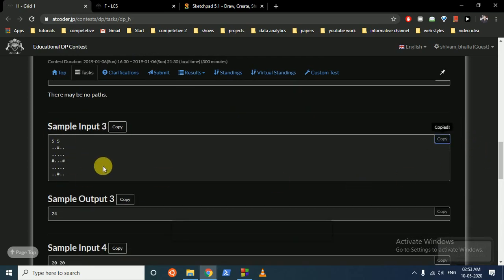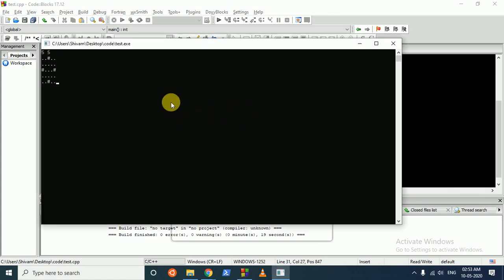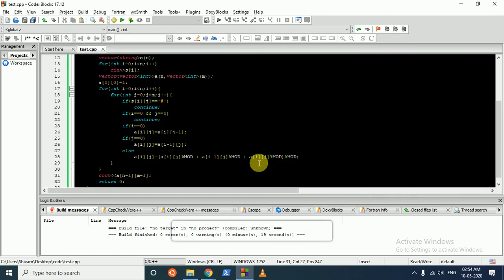Check for this. This is 24. Okay, there's some problem, I think so. So actually, let's just rewind the code and okay, this seems fine to me. j minus 1 is actually j minus 1 mod, but they should not give that error.